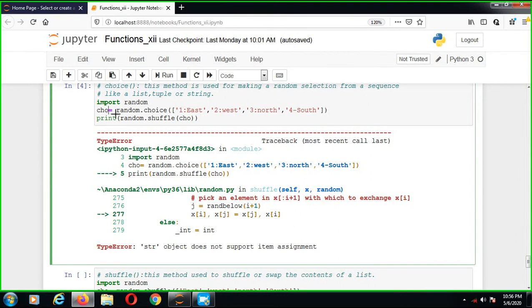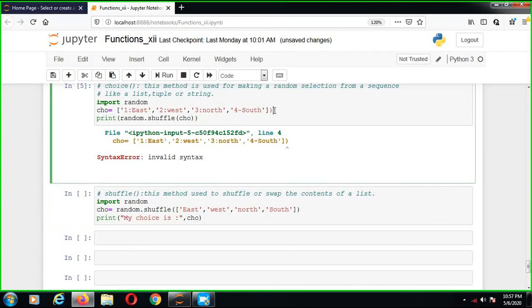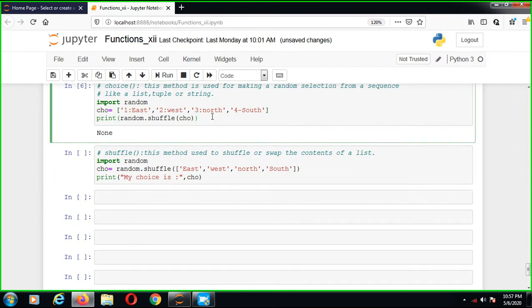Wait. Friends, first we'll have to change our program. Just a little bit of effect. Our choice is that, and we can use that type of keywords, then we can execute. Invalid syntax, one bracket is not there, and then execute. You can see the output, none. So this is the choice. If we use the print command in this mode, that will not be possible. So what should I do? We do the things.